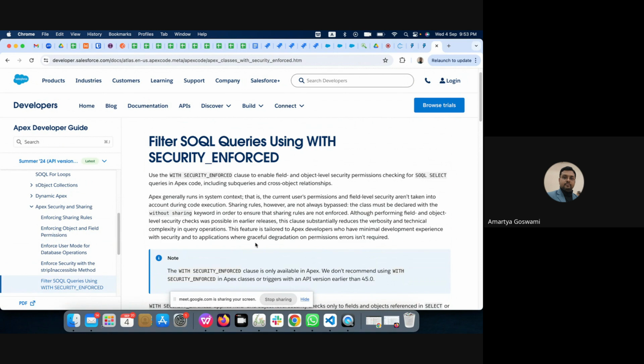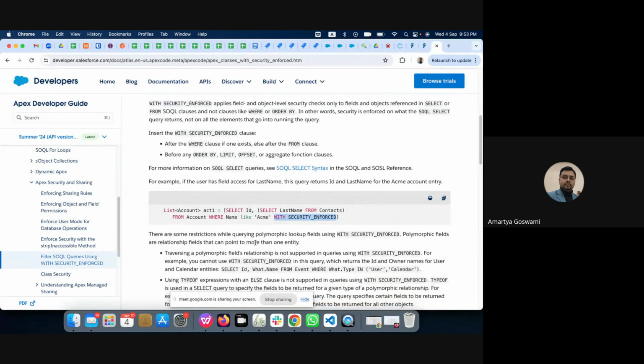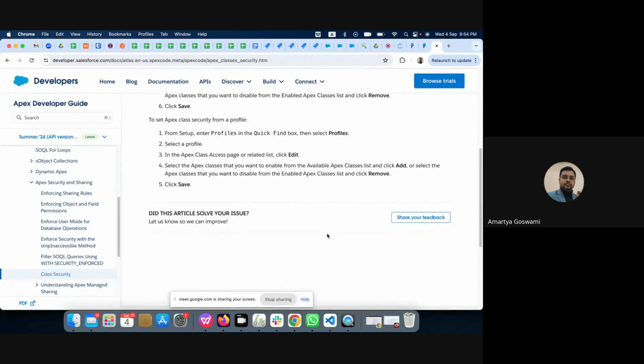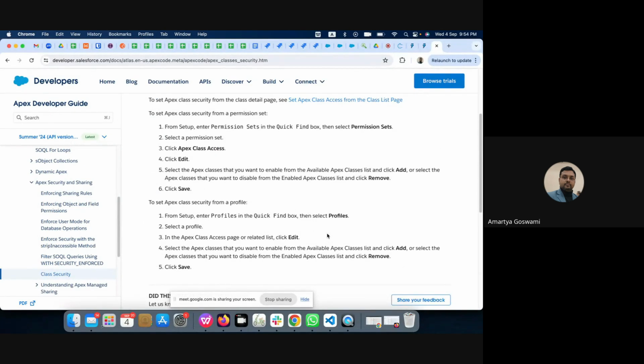So whenever you are doing this, it will check all the security aspects and only then will it fetch the values. Right? This is class security, that is, in which profile you are providing access to that class. That is your class security. There is another thing I just want to